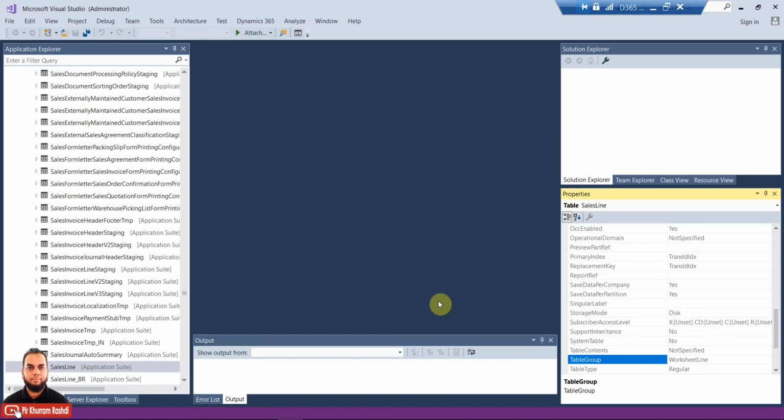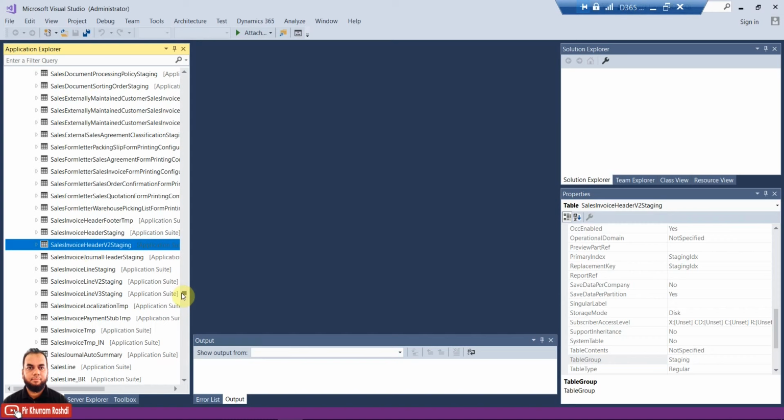For example, when we talk about a data model, take a vendor or customer list. Both are almost similar. If you have functionally seen the vendor or customer forms, these are almost the same list. So I can show you.